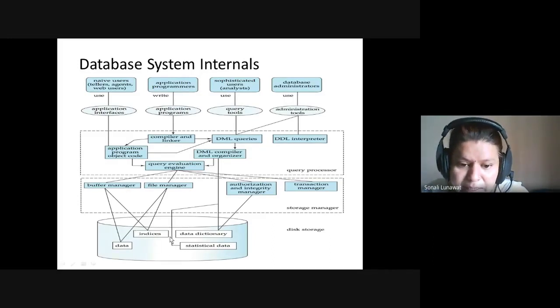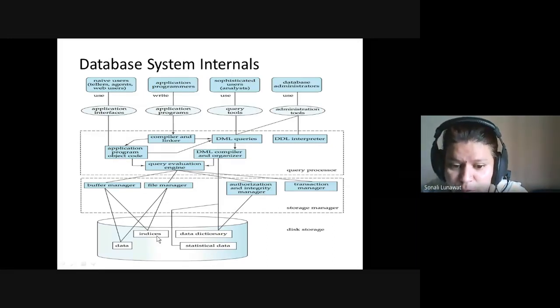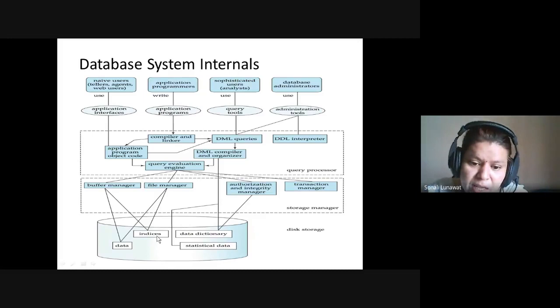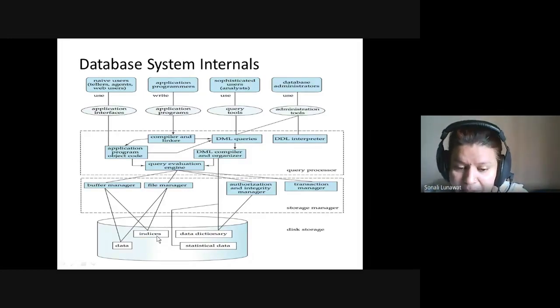Then comes indices. In some systems, even if you are not applying any kind of index on a table column, the indices are sometimes applied automatically to make your searching time more efficient. We'll see afterwards how to apply your own index, how to remove that index, how the searching time is better if you apply an index, and how the searching time does not benefit if you are not applying any kind of indices. And then comes your actual data, which is the actual storage of the database.